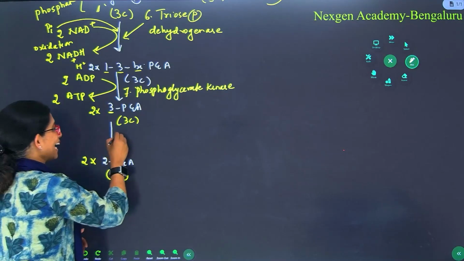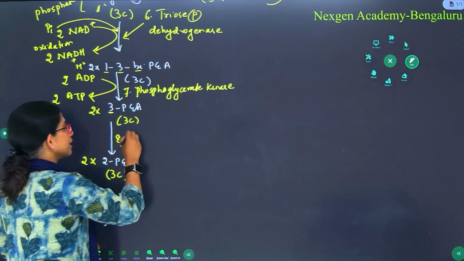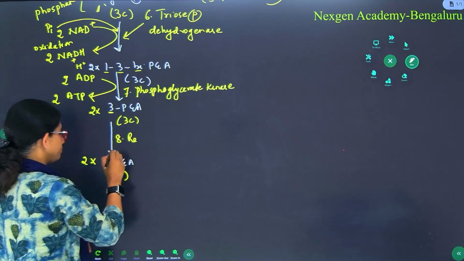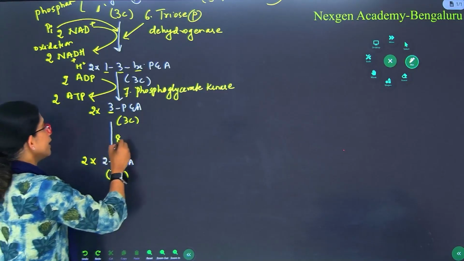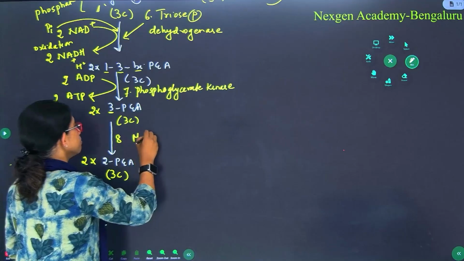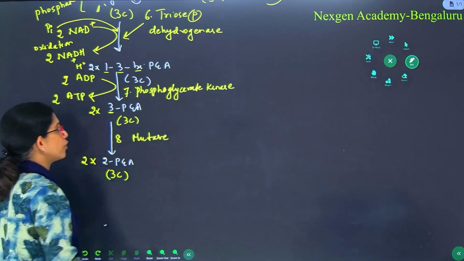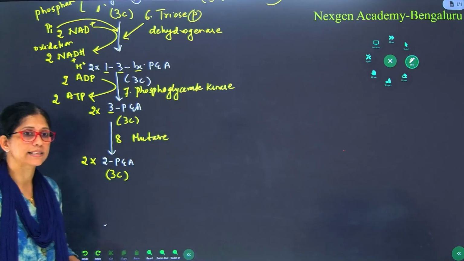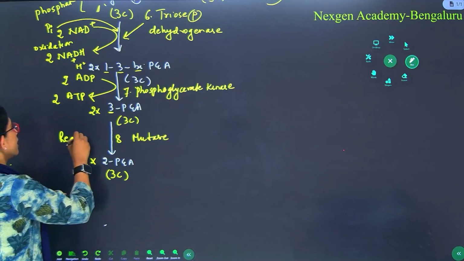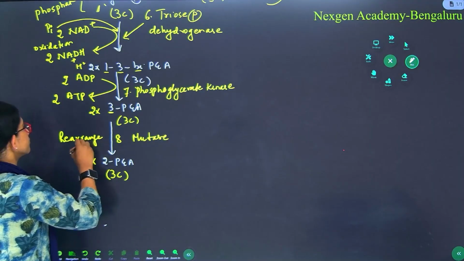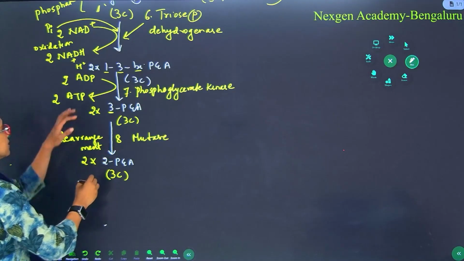So this is the 8th step. It is just a rearrangement reaction. So now since it is a rearrangement reaction, the enzyme here is mutase. Phosphoglycerate mutase is the enzyme. Remember, this is a sort of rearrangement, right? This is again